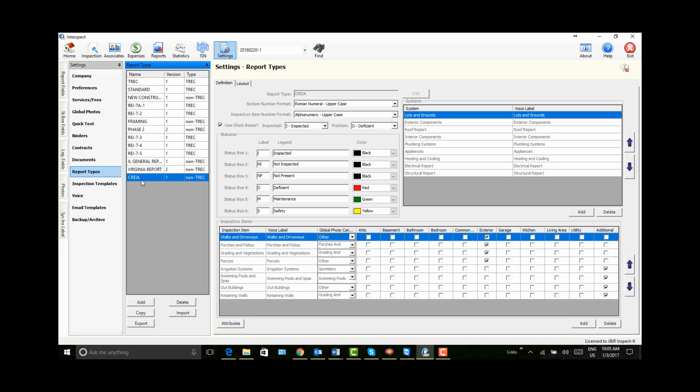When you come back in and select the CREA, since I've deleted this template, it's not showing it right now, but if the other template remains, then you're going to have to click Edit here. That's going to create a new version of this report form. You would make your changes, and then you would go create a new template. And again, you may want to keep it in sync with whatever version that you've created for your template name,